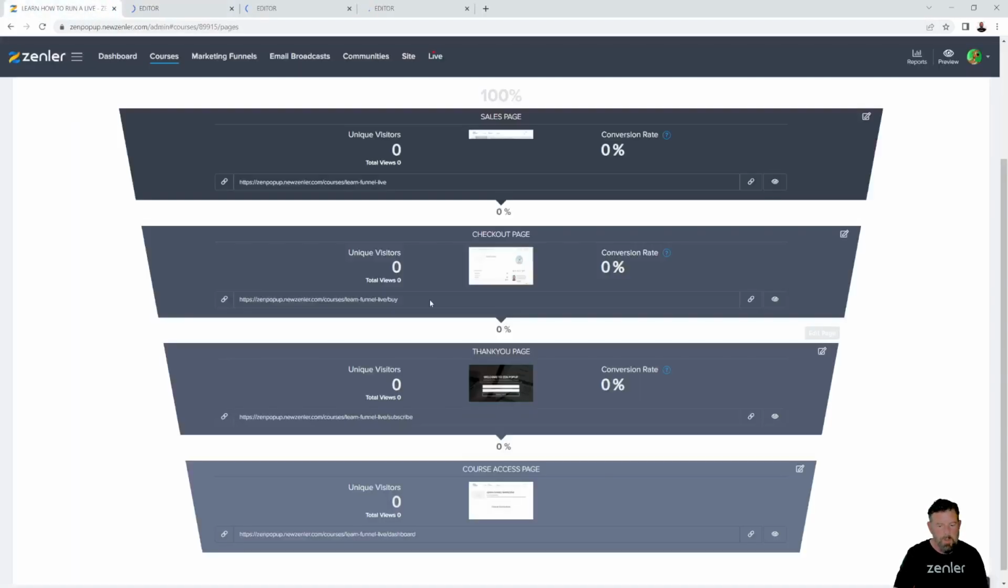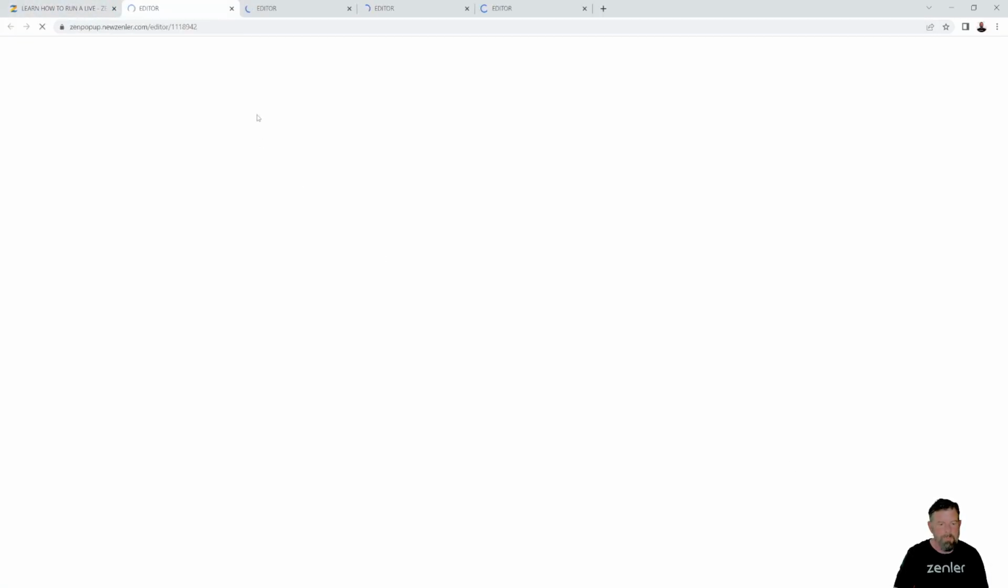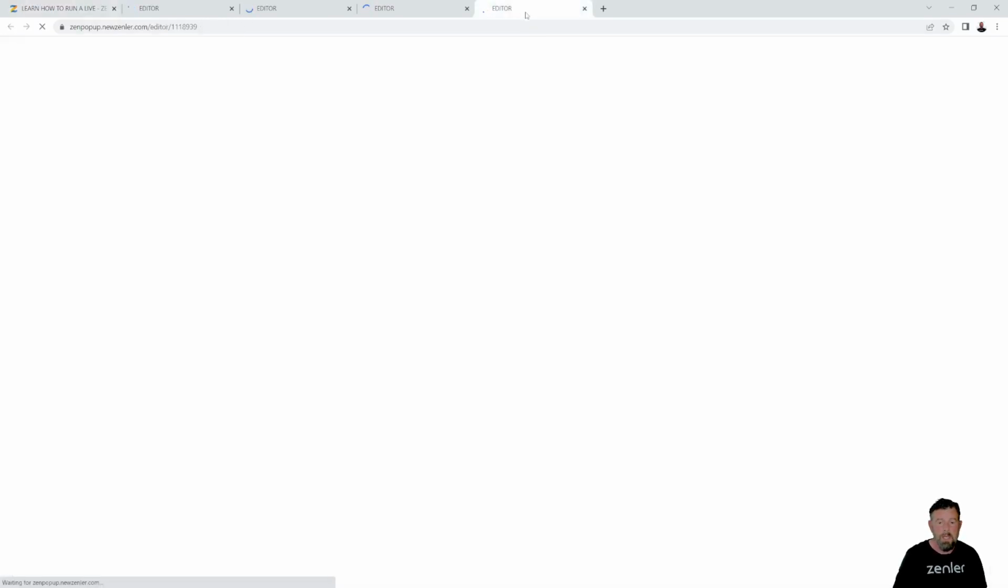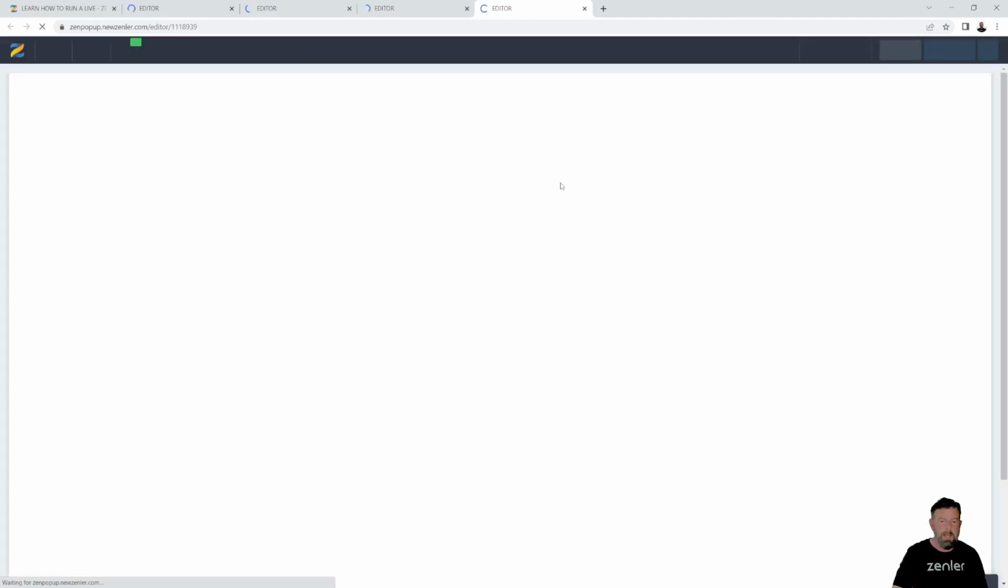and I just open all of the pages of my courses. So these are all the 4 pages that are in the course: sales page, checkout page, thank you page, course access page, and they're all loading at the same time. So when the first page loads, which will probably be the sales page that you opened first, you can wait for it to load, which will probably take 15-20 seconds, and then you can start